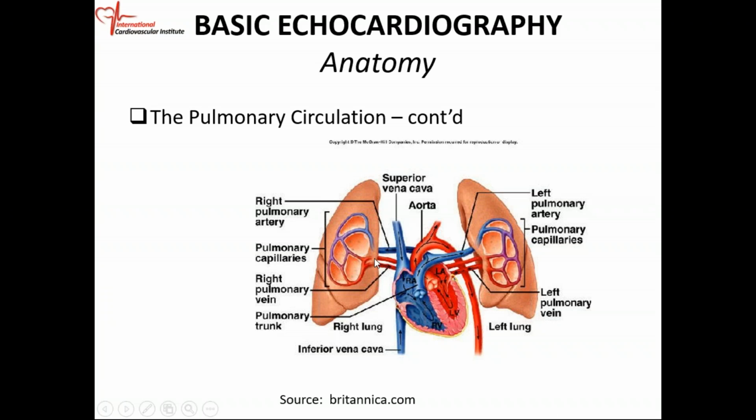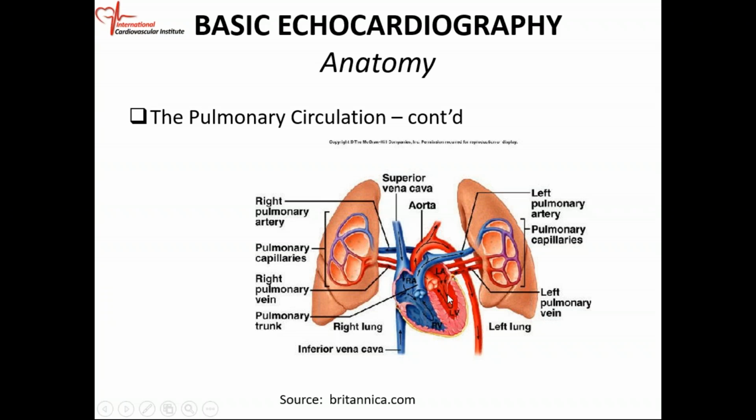Okay, you have two from the right side, two from the left side. It enters the left atrium. Left atrium. Okay, so now it's bright red. Blood is going to flow from the left atrium across the mitral valve into the left ventricle. Okay,